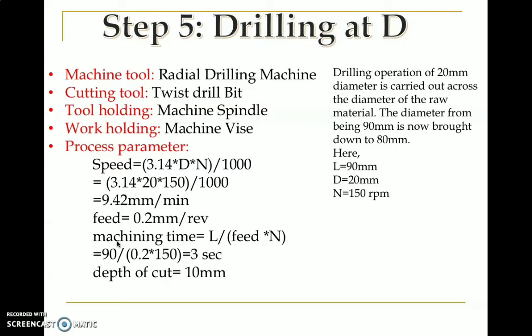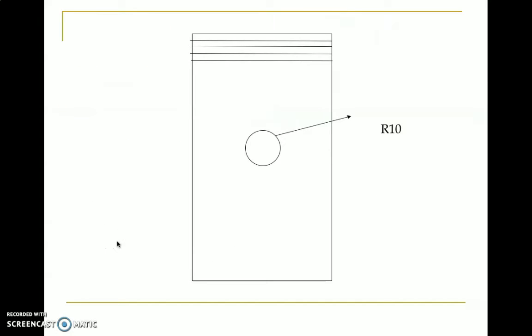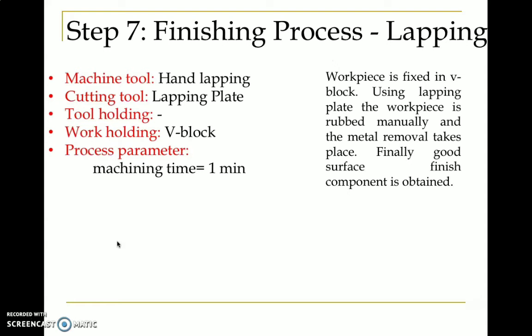minute. The feed is taken as 0.2 millimeter per revolution, and the machining time as per the formula comes to around 3 seconds. Yeah, and the depth of cut is around 10 mm by the formula of d by 2. Yeah, so this is the process where the radius and the hole is done, shown. So this is the, now we move on to the final parts, which is the